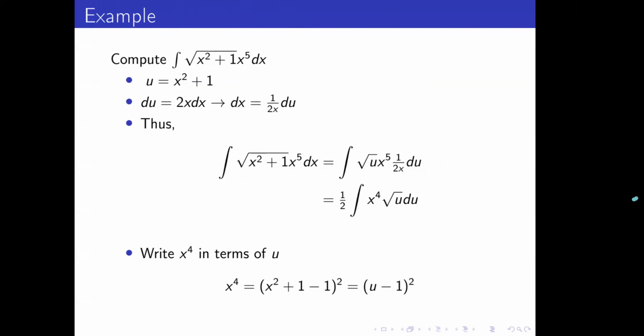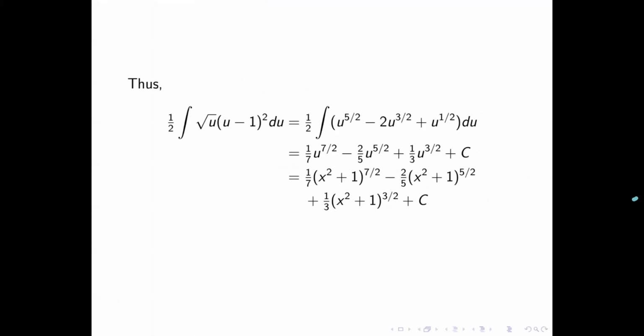So you get u minus 1 squared here. And now I think the only thing you can do is to expand this u minus 1 squared, and then you get a bunch of powers of u,